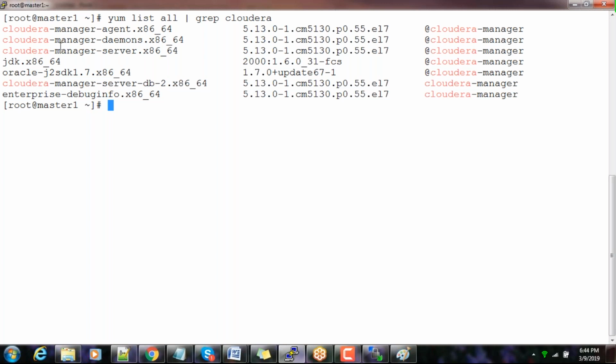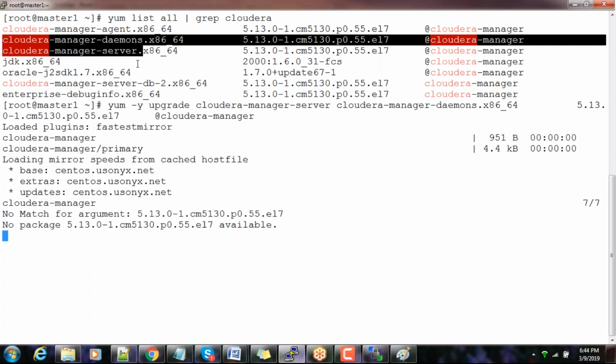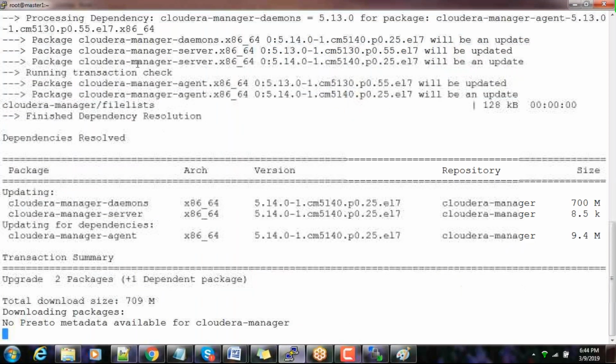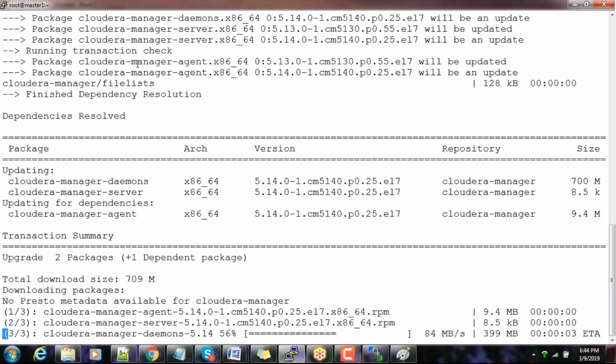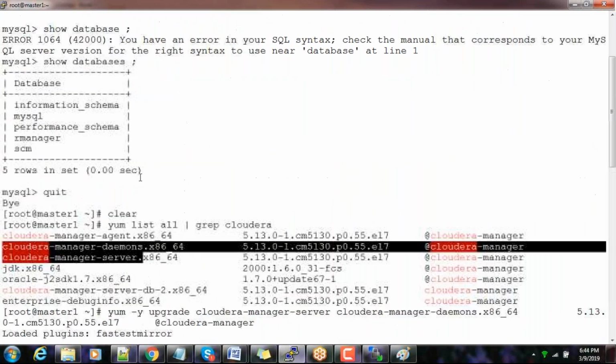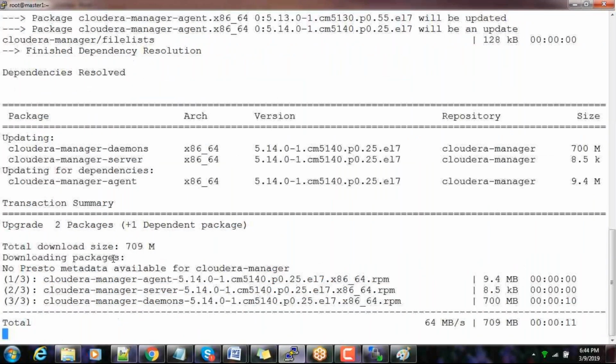Okay, so I can just use yum -y upgrade cloudera-manager-server. I need to upgrade daemons. I need to upgrade. Oops. I think it's upgrading. So Cloudera Manager agent, daemons, and